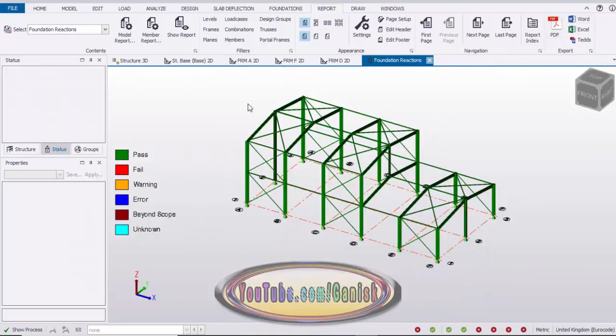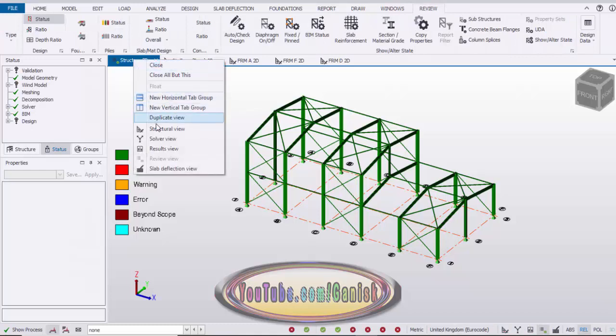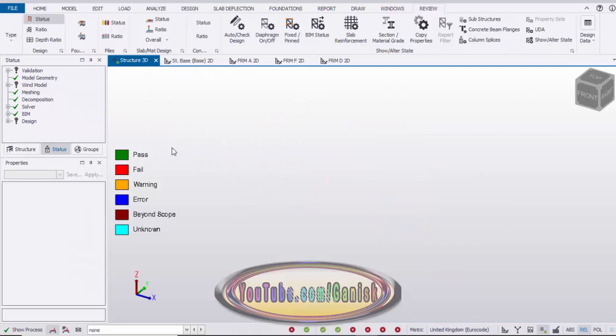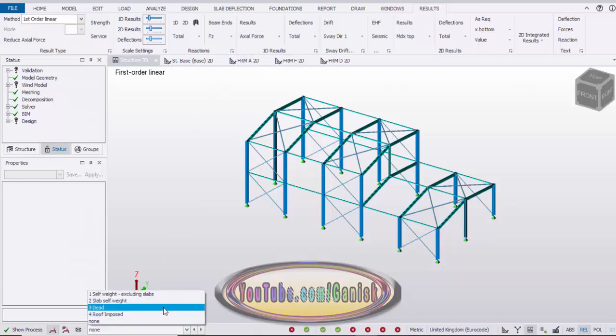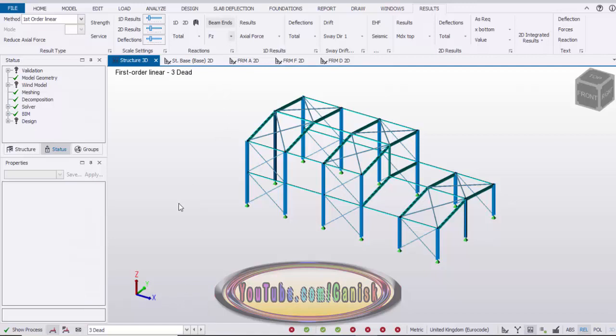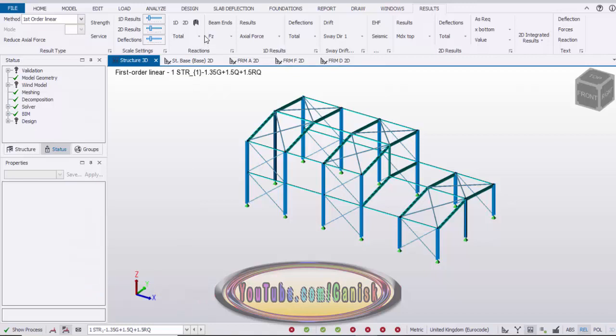Okay, you can check the deflections and everything, so right click on here under 3D view and select this result view. Under here let's take the dead load or roof imposed load. You can take any load and then you can take the combination also. Just click on here, so select the and click on here and select the combination, any kind of combination, and click on here axial forces.